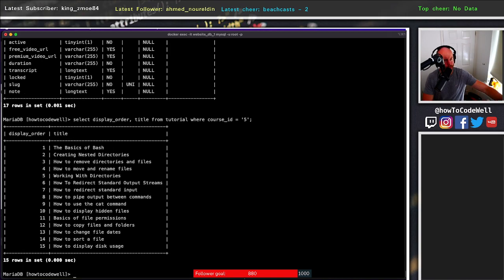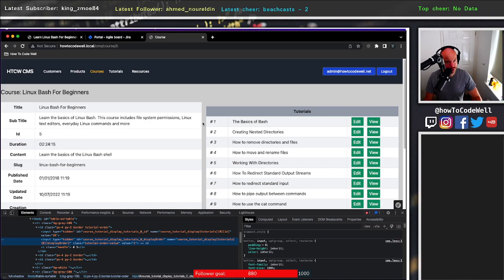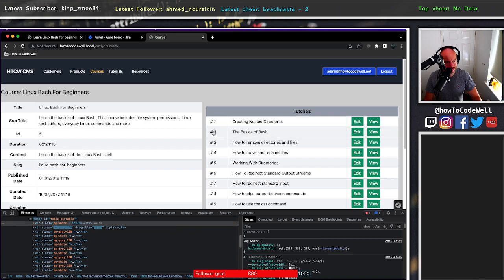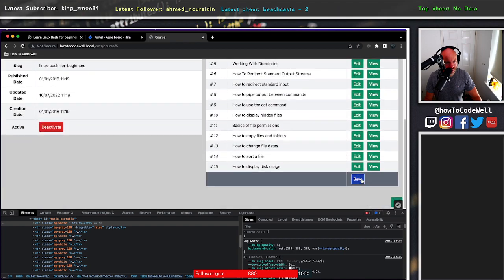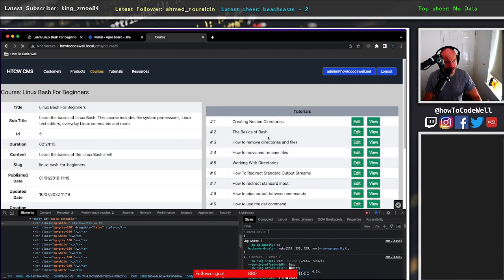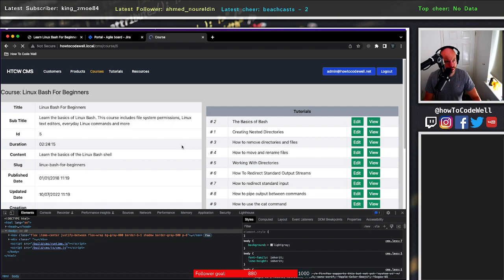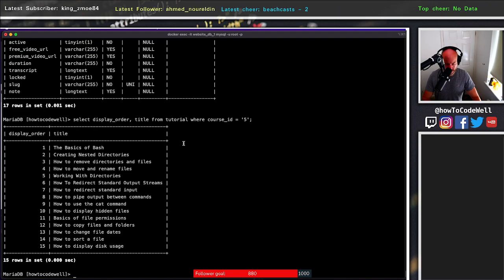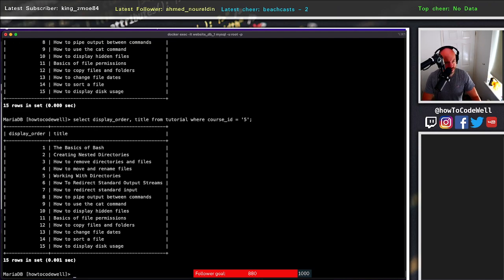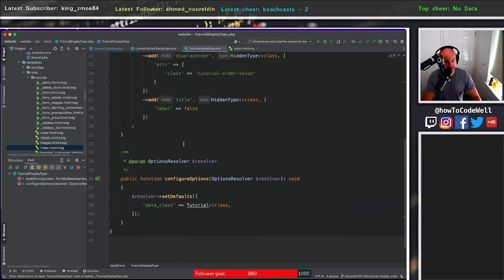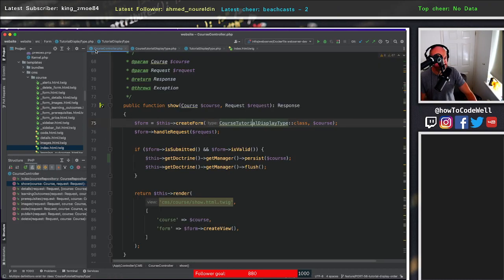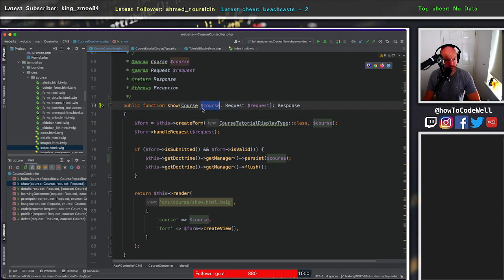Right, so now we can actually see it in the data. So 1, 2, 3 and all that jazz. So what I'm going to do is move that to there. Now hit save, and I want to just see if that moves. No, it doesn't. So it's not saving. That's the problem. It is not saving the order, and I reckon it's because we're passing in the course and not the